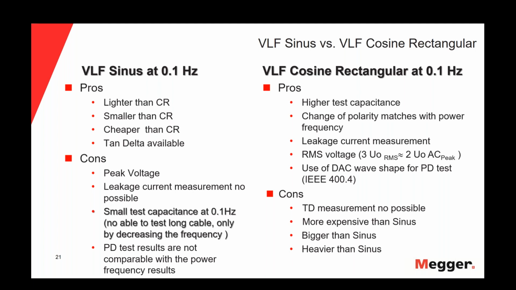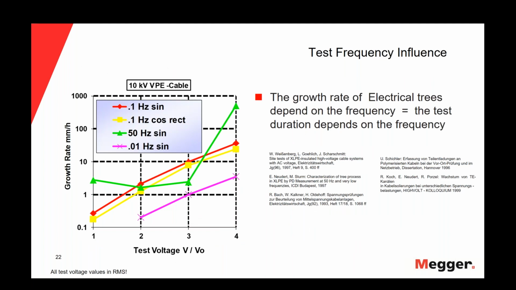But if we decrease the frequency when we are doing a VLF sinus test, we need to keep in mind that the growth rate of the electrical trees will change. Let's see this graphic. In the horizontal axis, we have the test voltage. In the vertical axis, we have the growth rate in millimeters per hour of the electrical trees. So the red graph shows the growth rate versus the test voltage for the sinus wave shape at the frequency 0.1 hertz,